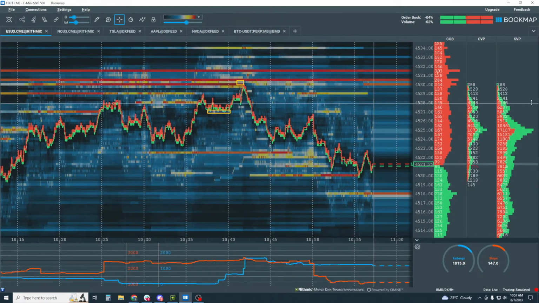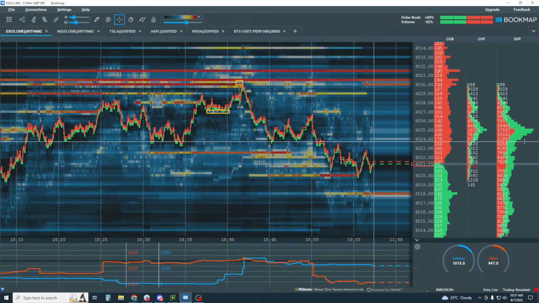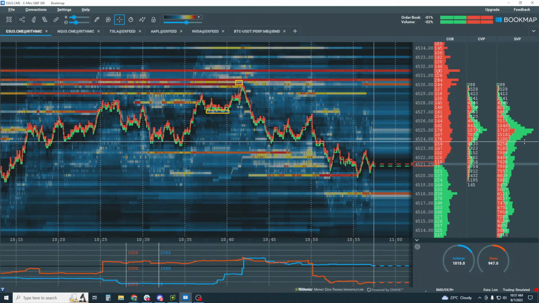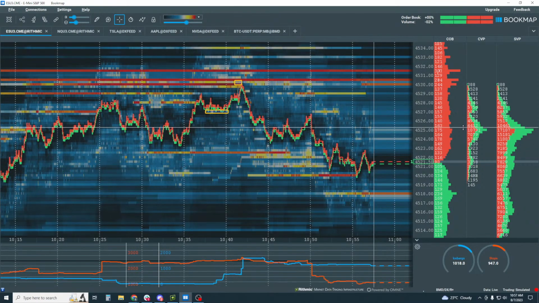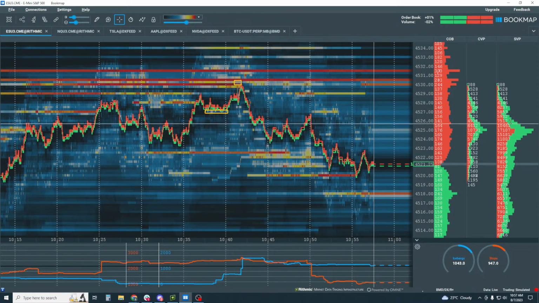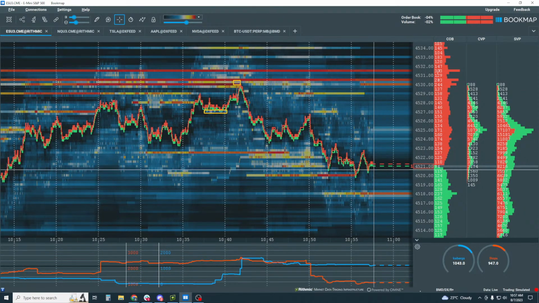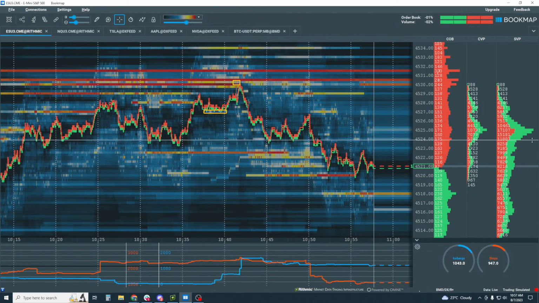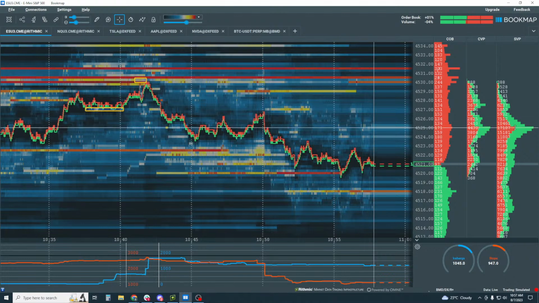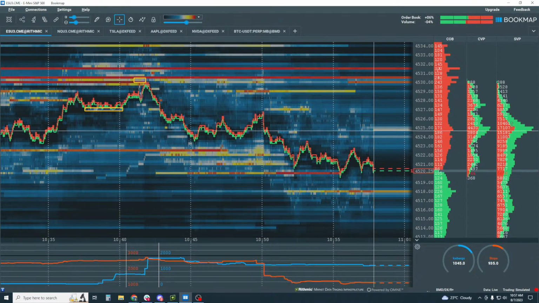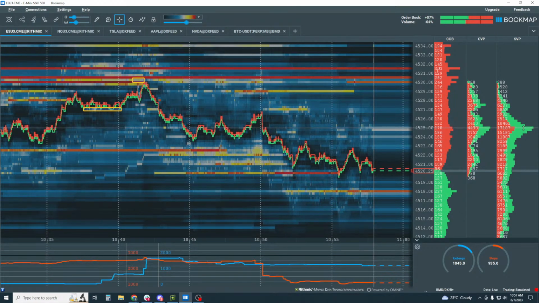And that's why you can look at these. If you ever read your Dalton or Steidlmayer or whatever, volume profile traders that kind of founded the process, it's just a really simple statistical bell-shaped curve, just understanding where price is accepting and rejecting. The problem that I know market profile deals with, volume profile does not deal with, is you cannot see in here when and where. You just see it all aggregated into a big blob.